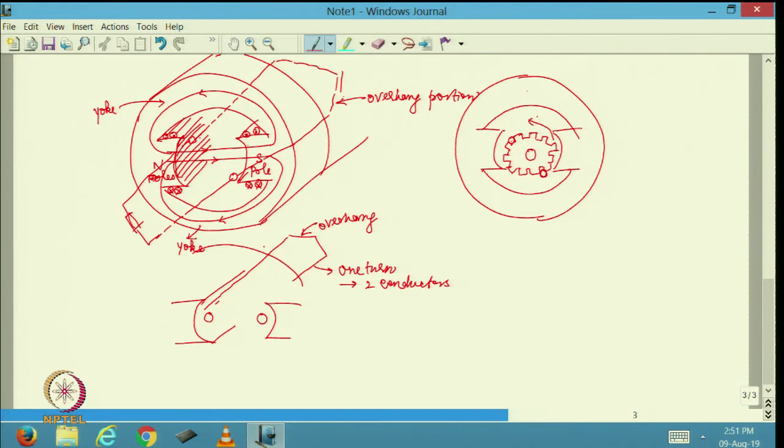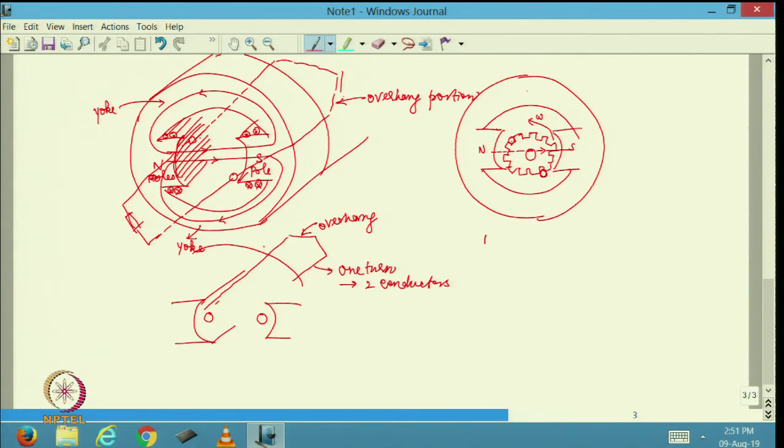So, this is the direction of rotation. Let us say the speed is omega. Okay? Now, this is the north pole and this is the south pole. So, I am going to have the magnetic field lines going like this, right? Now, Fleming's left hand rule actually tells me for the motor operation, which is going to be the torque direction,